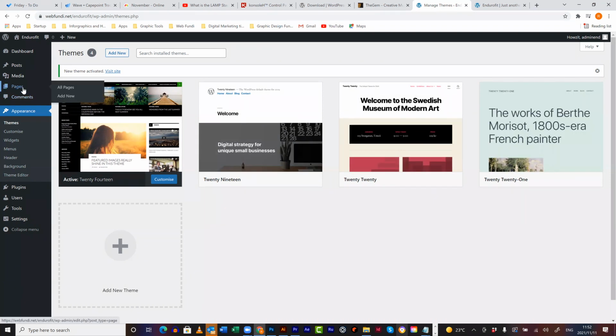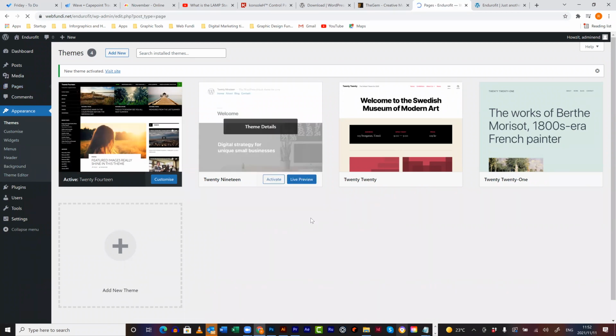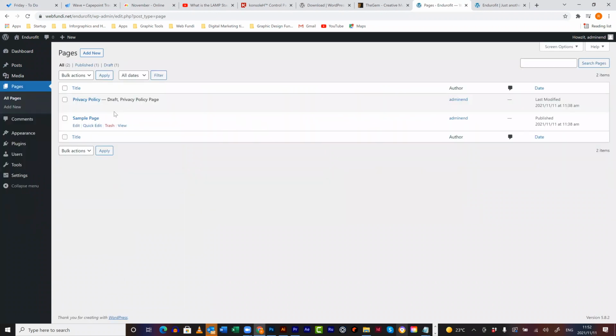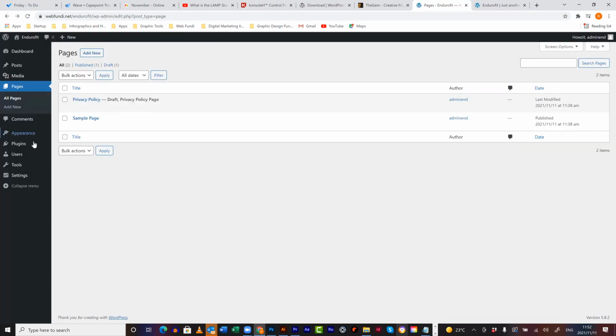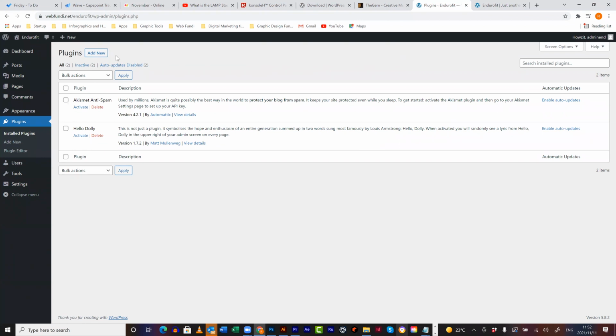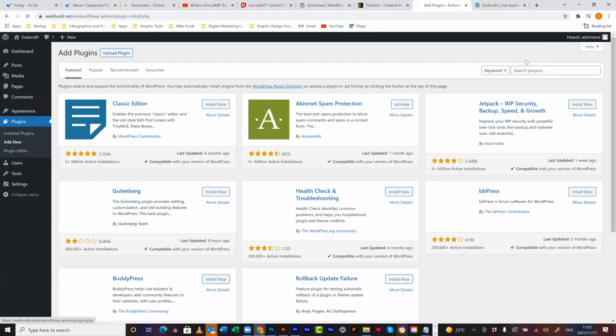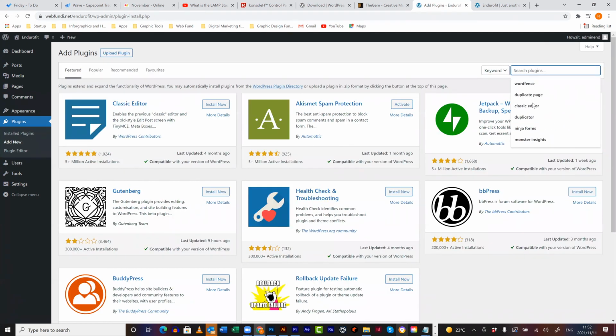Now, something else before we dive into loading of content is your page WYSIWYG editor. So if we start a new page, for instance, on the site, you'll notice that WordPress comes out with this Gutenberg editor. Now, because I'm going to show you eventually how Elementor works, there's a plugin cheat that I do. And it's a little plugin called Classic Editor. So I'm adding a new plugin. And don't worry, we'll explain plugins a little bit later in more depth. I'm just going to do here Classic Editor